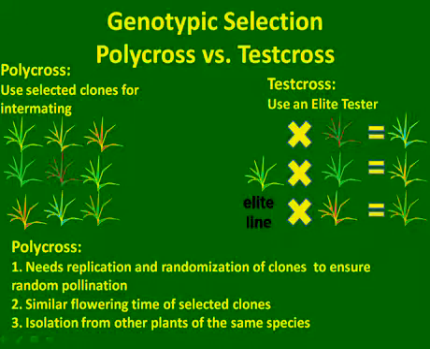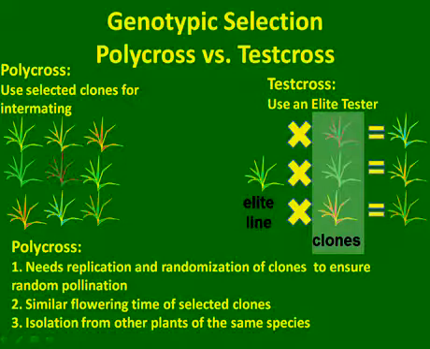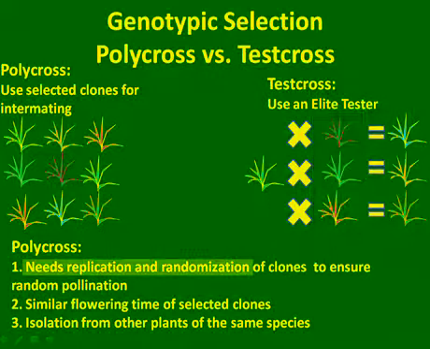So this would be similar to what you would do in corn and or canola. So you would select an elite line and you would use that and cross that with all of your individual clones. So for a polycross, you need replication and randomization of clones planted in that polycross to ensure that you're